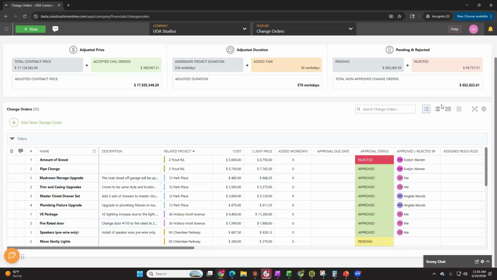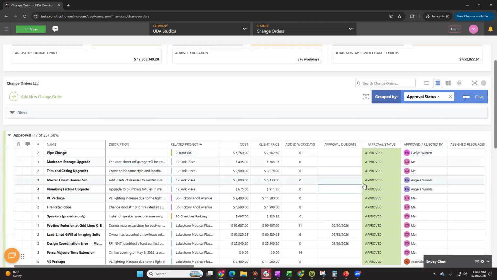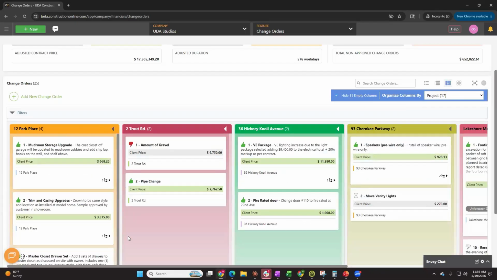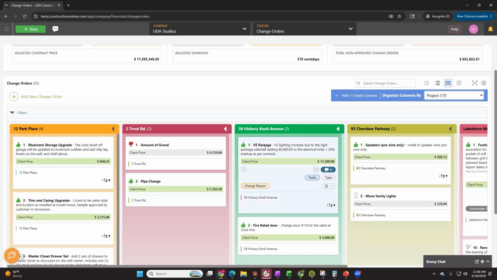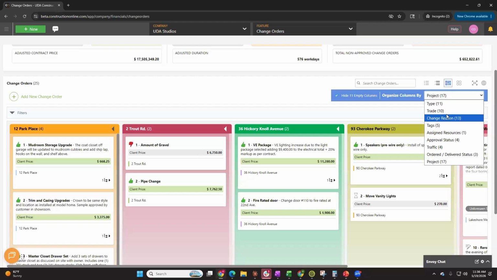in real time. So as we click through and take a look, I've got mine grouped here by approval status, but I could maybe group that by project. Or if I jump into my board view here, I can set it so that I have a column for each project and can see at a glance how many change orders I have or what their status is. So the possibilities are nearly endless when it comes to how you can use these new views to